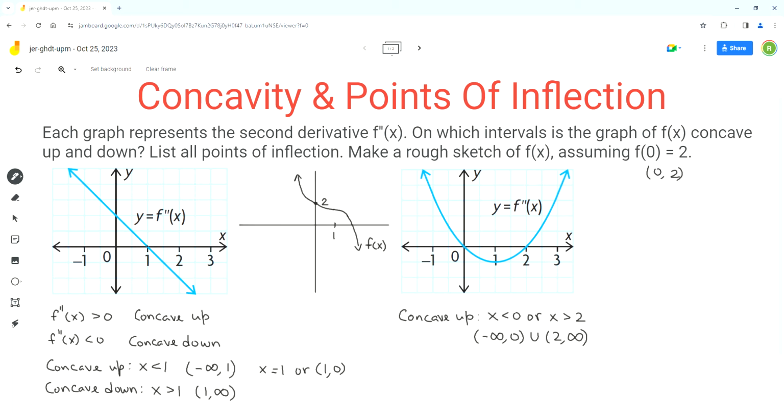Now we can write the interval for concave down. That's the interval over which the graph of the second derivative is below the x-axis, and that's between 0 and 2. And in interval notation, we can write it as,